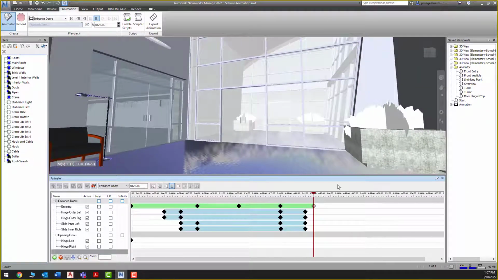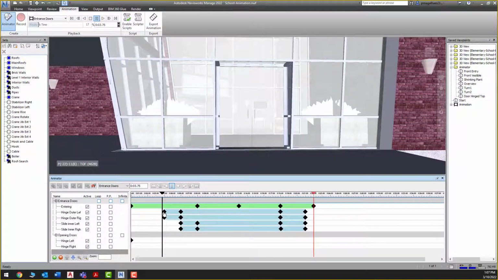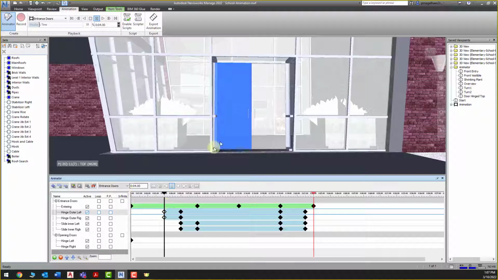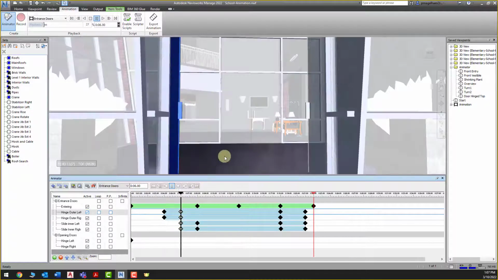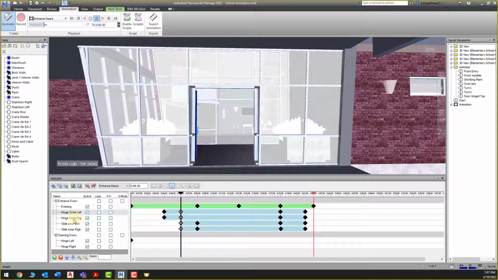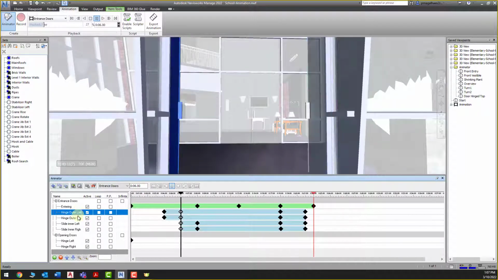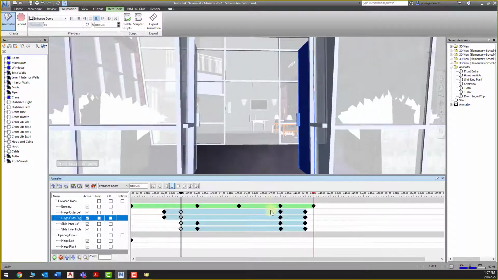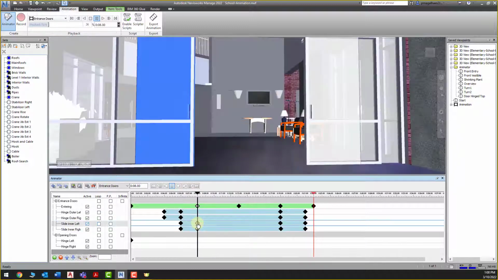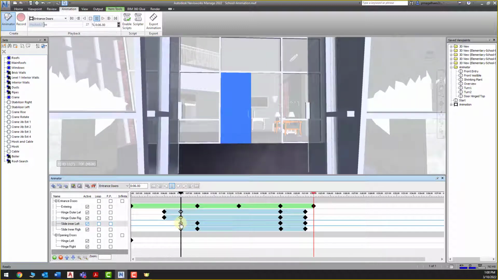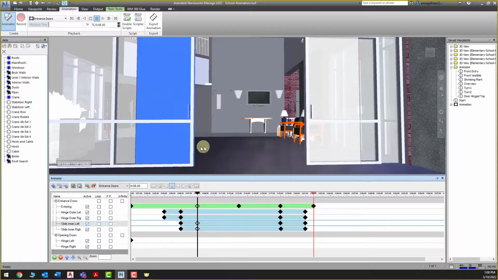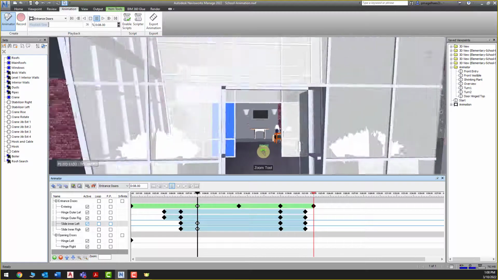So that's the animation, and when we go back in the animation, in the beginning, we have over here at 4 seconds the door is closed, and at 6 seconds the doors are open. And what's controlling these two doors from moving is these two animations. And when we go over here, we have the slide inner left, and over here we have the door is closed, and in here the door is open to the side. So using the move and rotation tools, we created an